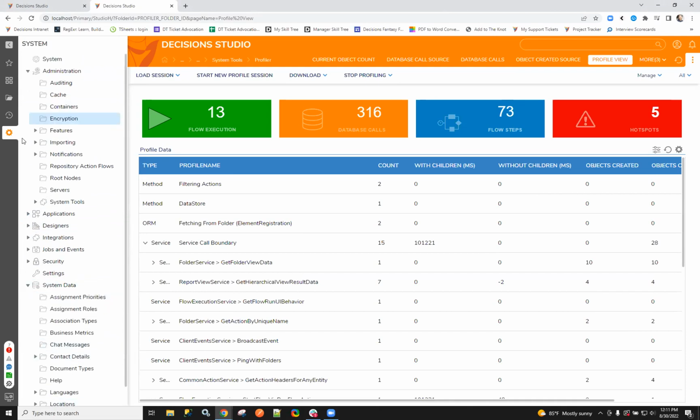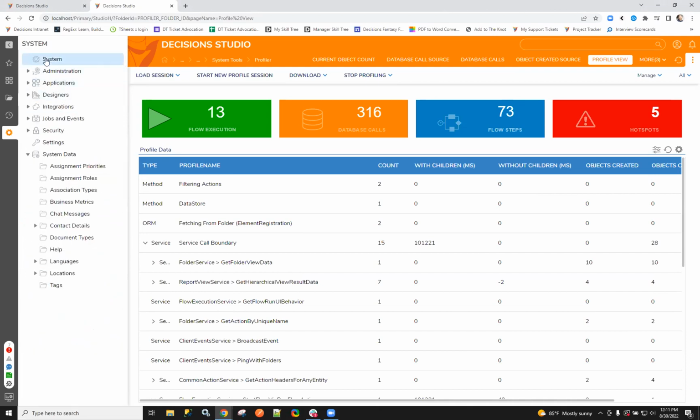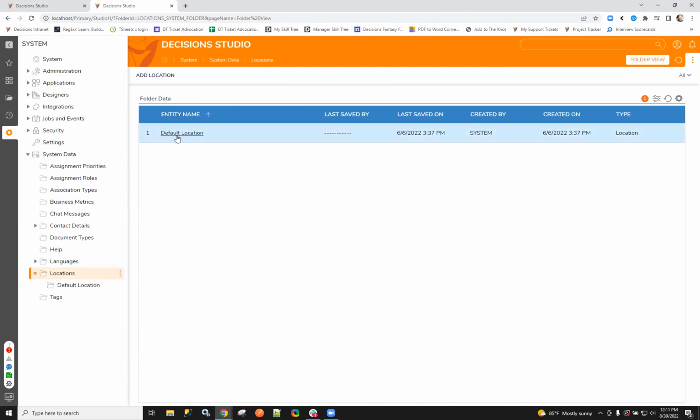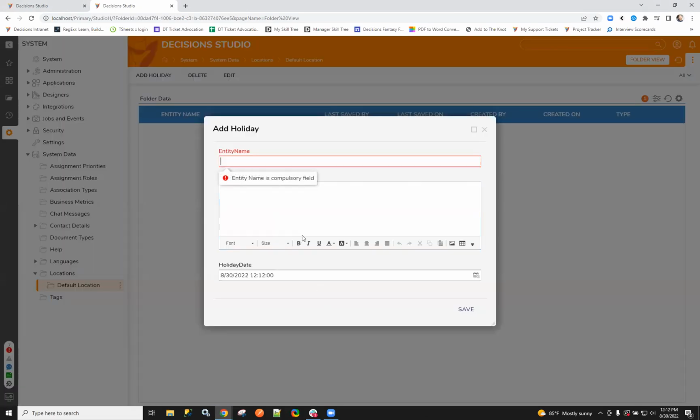System data. So they will be in the system section, then system data, and then locations. And in here, you'll see there's a default location. You can add additional locations if you want. In the default location, you can add holidays in here so that you can define what days are holidays,